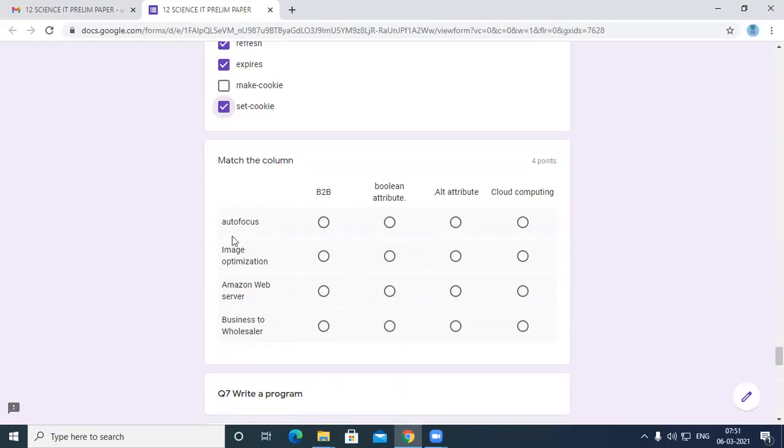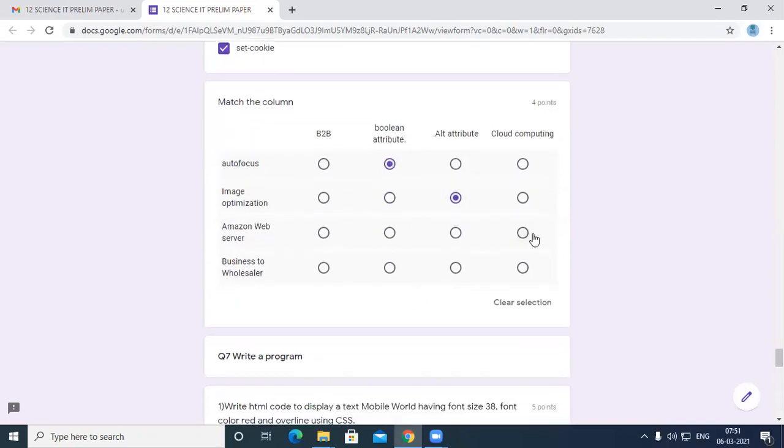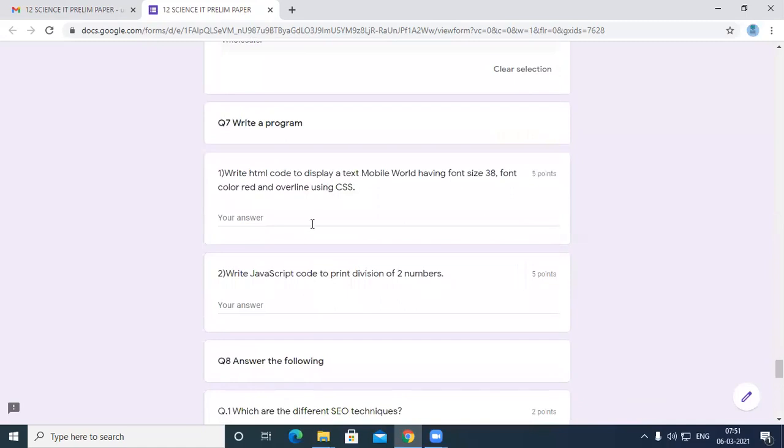So we go on. Now see here, if you have a coding section, I just write here.